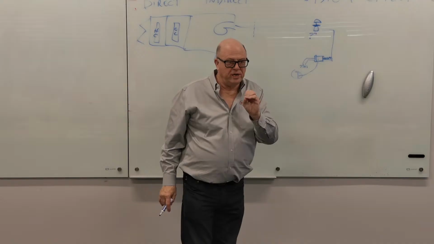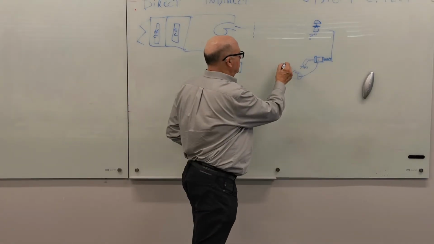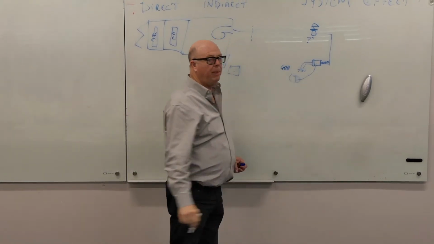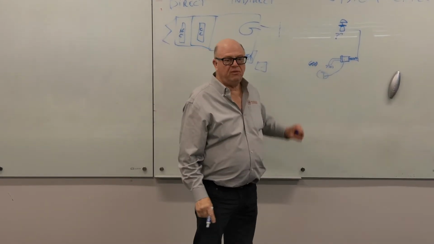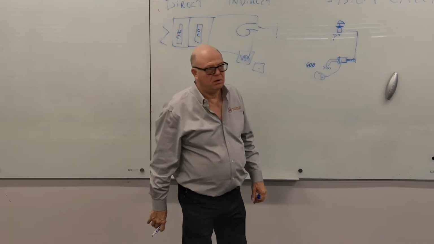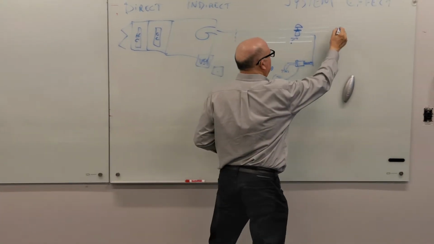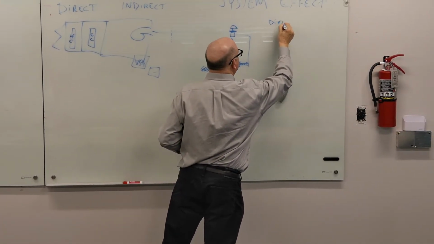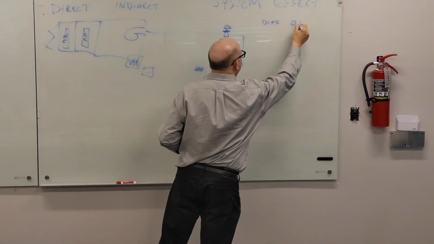You look at the design CFM, and let's say that diffuser was going to put out 600 CFM. You pick the diffuser, and you see, okay, what's the static pressure drop through that diffuser? Let's say, I'm making up numbers, that the diffuser pressure drop was 1/10 of an inch.